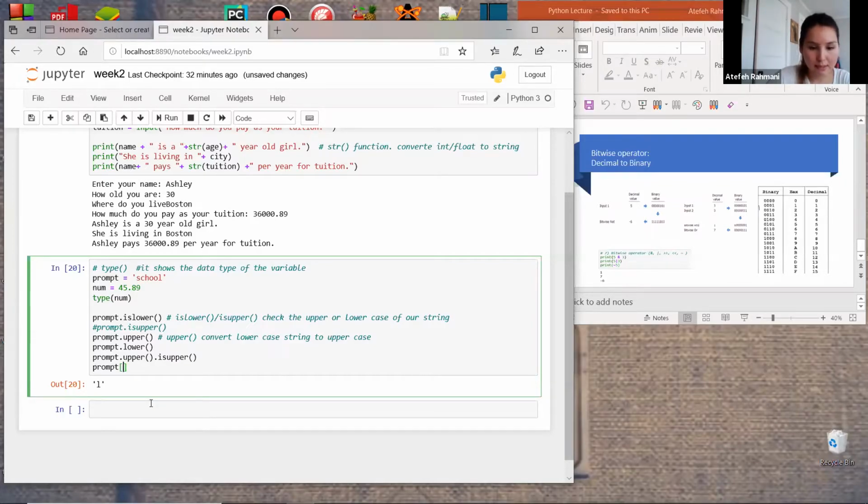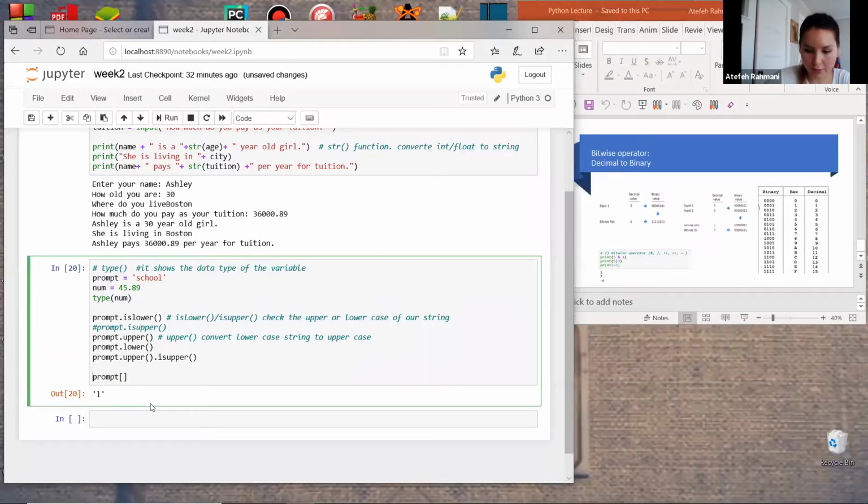Let me write this. I want to make a comment first. Okay, for everyone who wants to have this explanation and write it: a string bracket actually